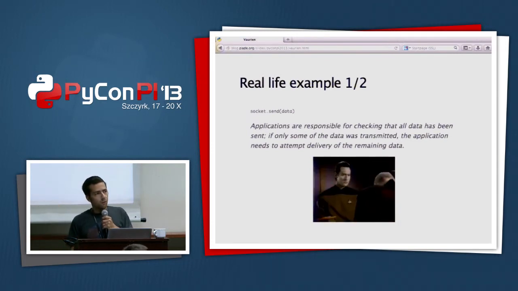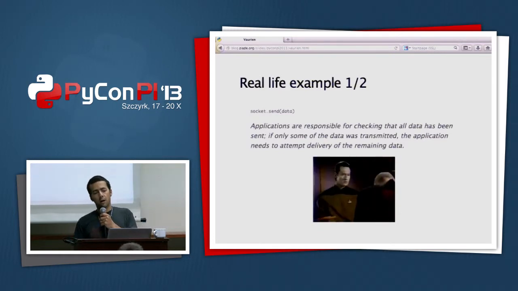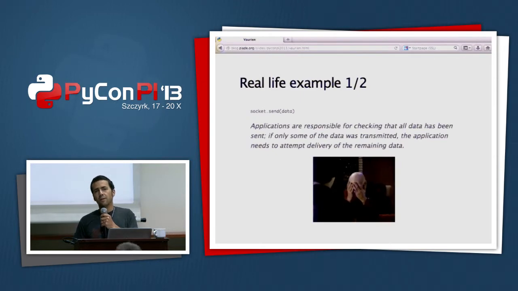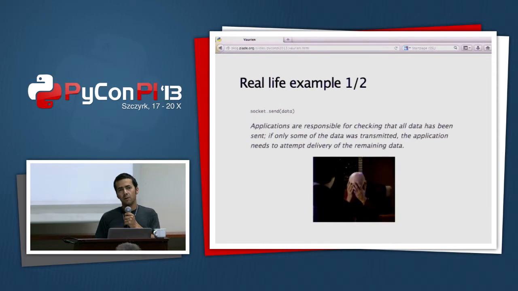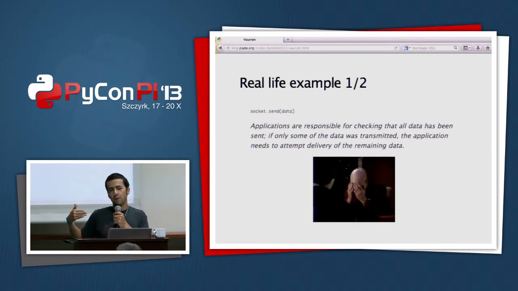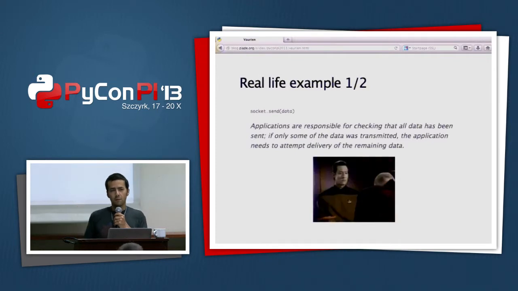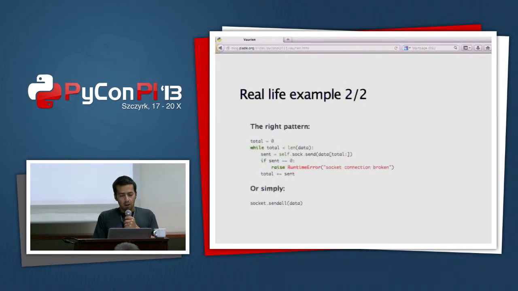And the thing is, when you do this call, if you are under very high load, you're not sure that all the data is going to go through. So what you need to do is check the number that this API returns, and if some of the data was not sent, you have to resend it.